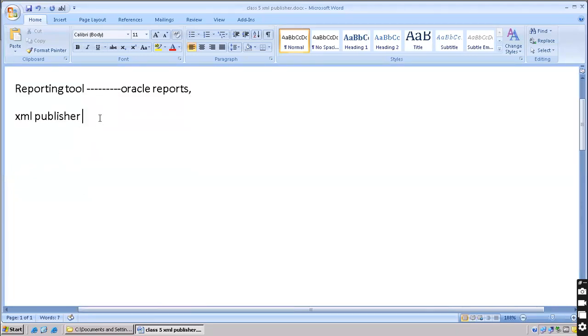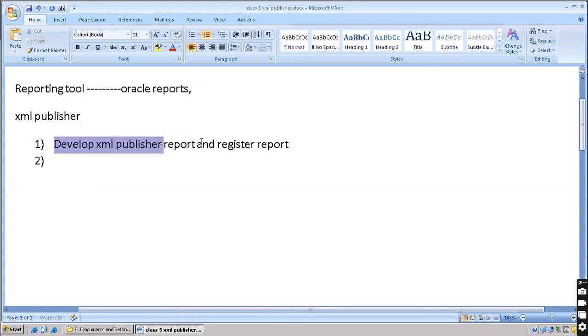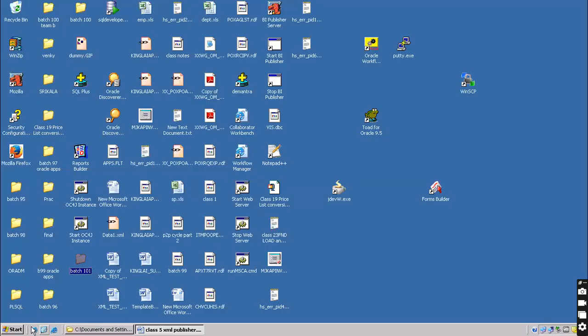Okay. So for XML Publisher, first we'll see how to develop a report. Develop XML, it's a new topic for everyone. Please listen carefully. Develop an XML Publisher report and register it. This is the topic today. The whole 1 hour is on this first point only. So to develop an XML Publisher report, first, what you need to do is